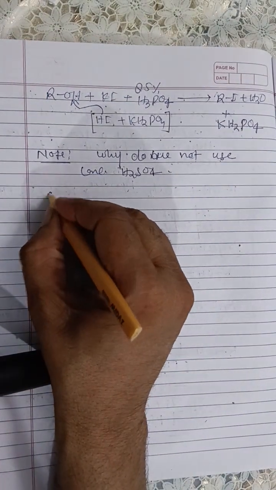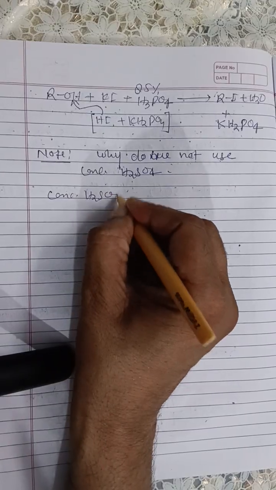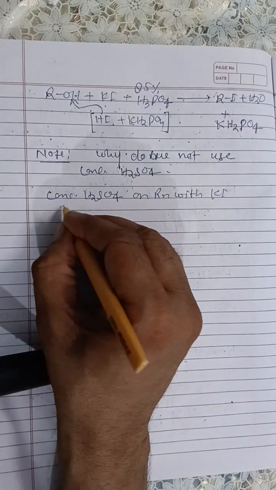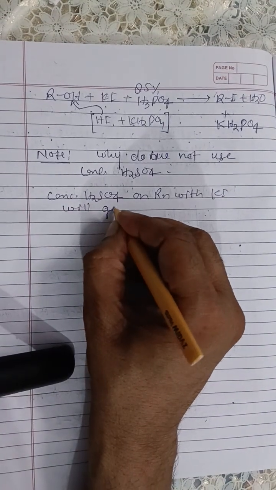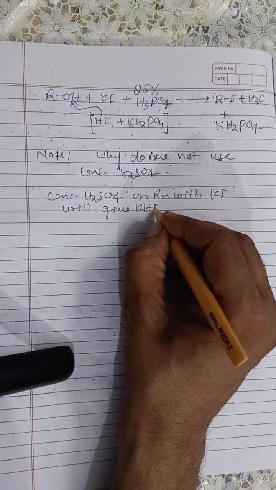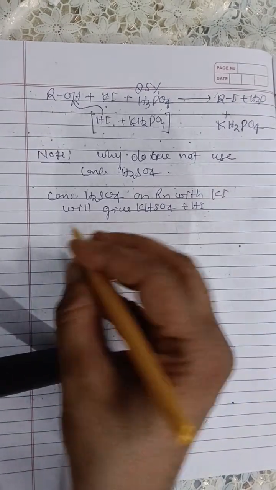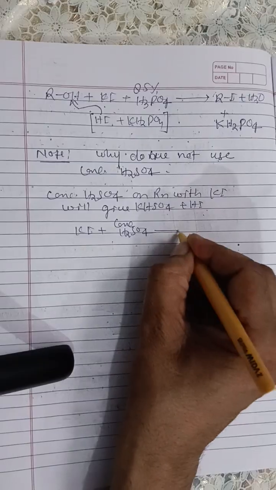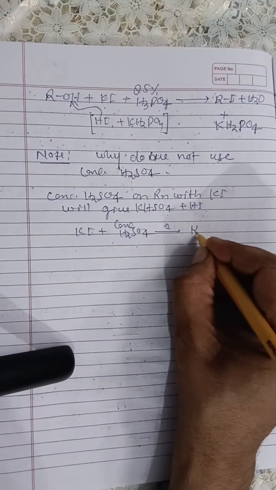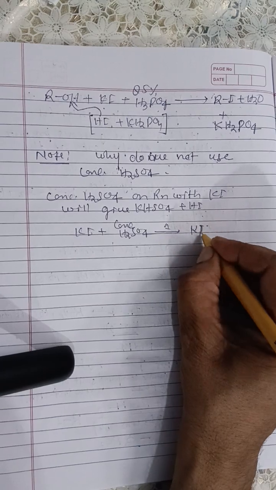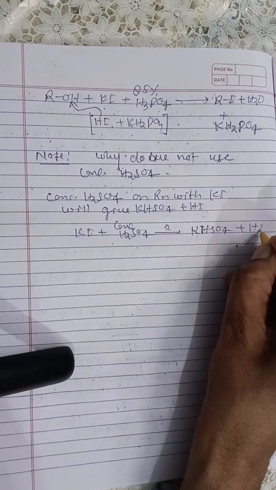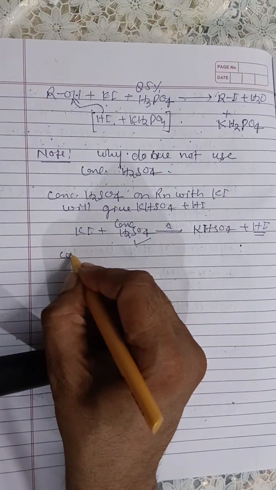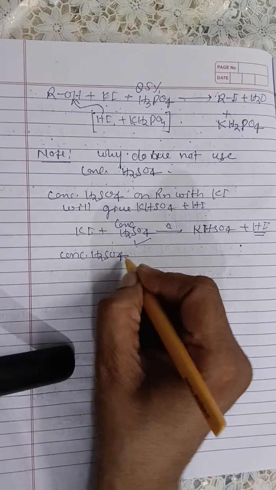See, concentrated H2SO4 on reaction with KI will give KHSO4 plus HI. Because H2SO4 is an acid and this concentrated H2SO4 acts as a strong oxidizing agent for HI formed